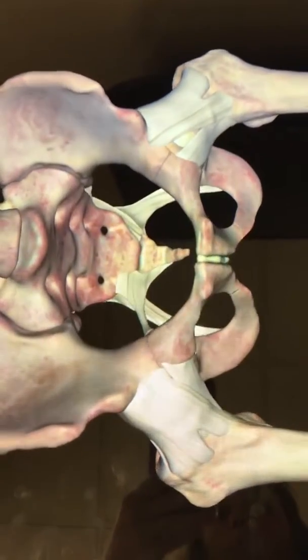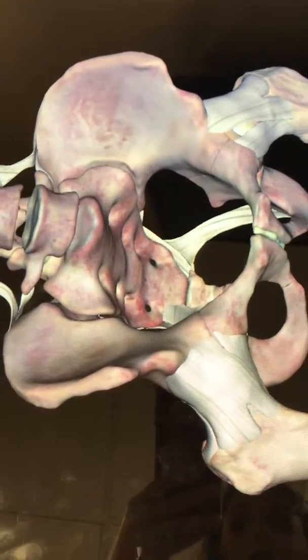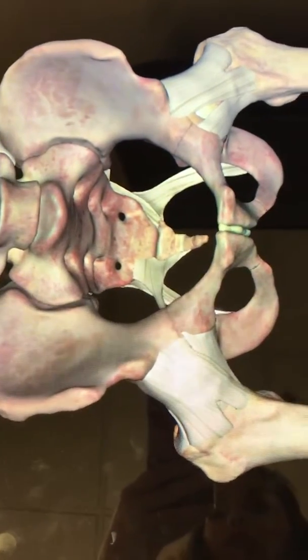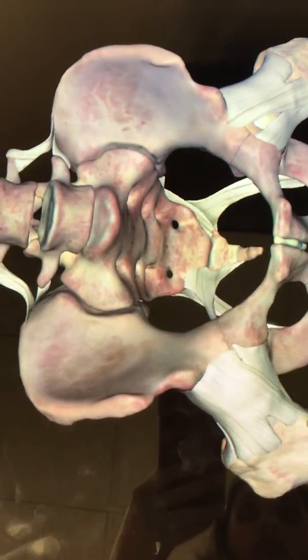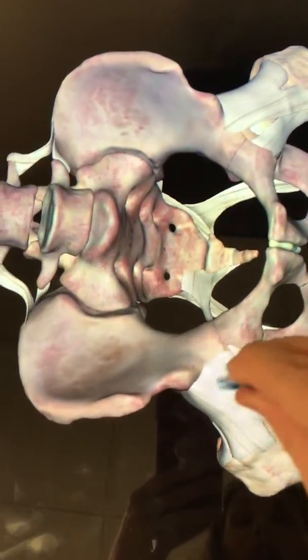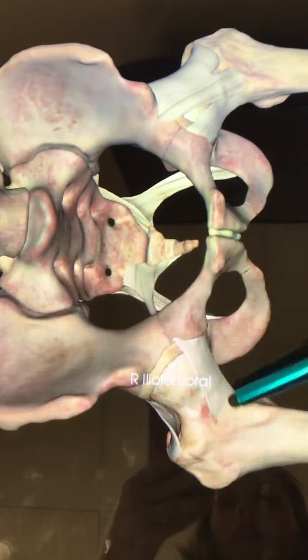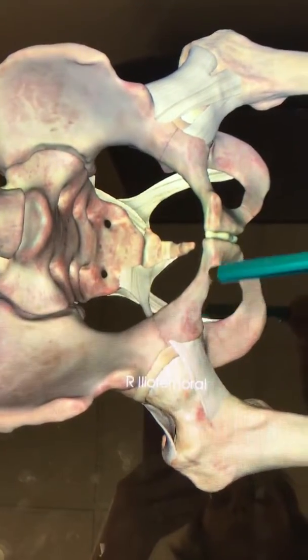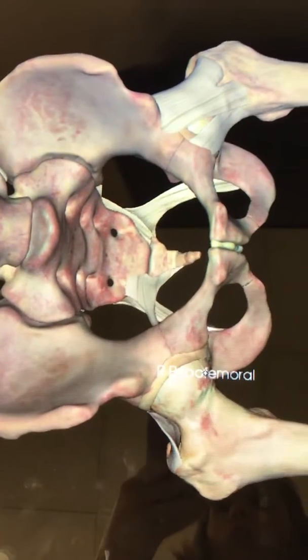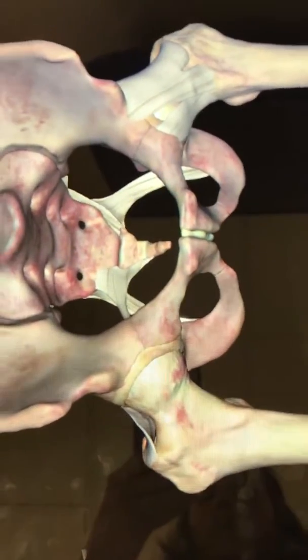If we rotate our image, okay, now we can see a couple more ligaments here on the anterior side. We can see a ligament that connects the ilium to the femur. So that's going to be iliofemoral. And then you can see a ligament that connects the femur to the pubic bone. So that's going to be pubofemoral. And so now you've got a really nice view of the femoral acetabular